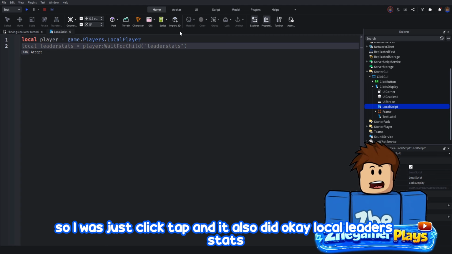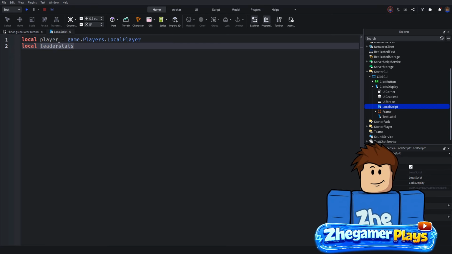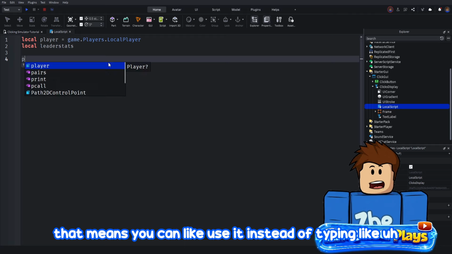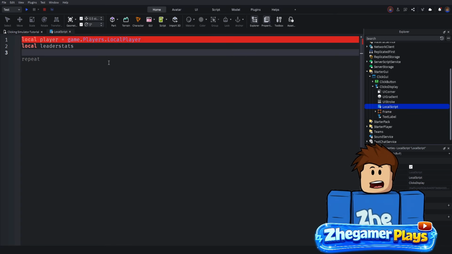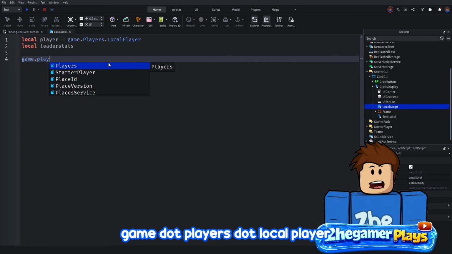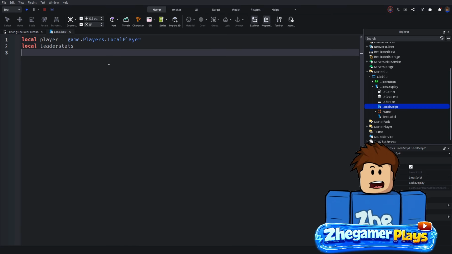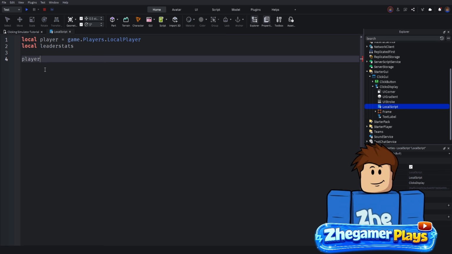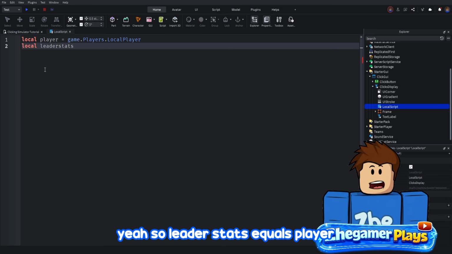Okay, local leaderstats. Okay, this is a variable. A variable means you can use it instead of typing game.Players.LocalPlayer. Don't do it like that, okay? Since you already did this, you can just put player. So leaderstats equals player